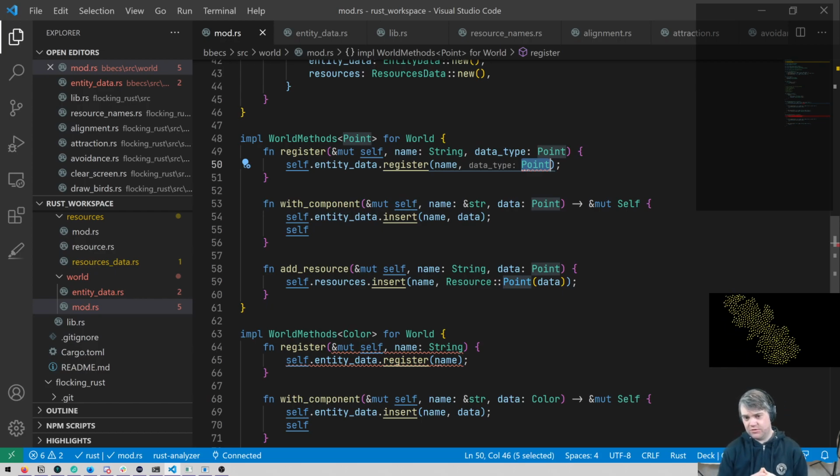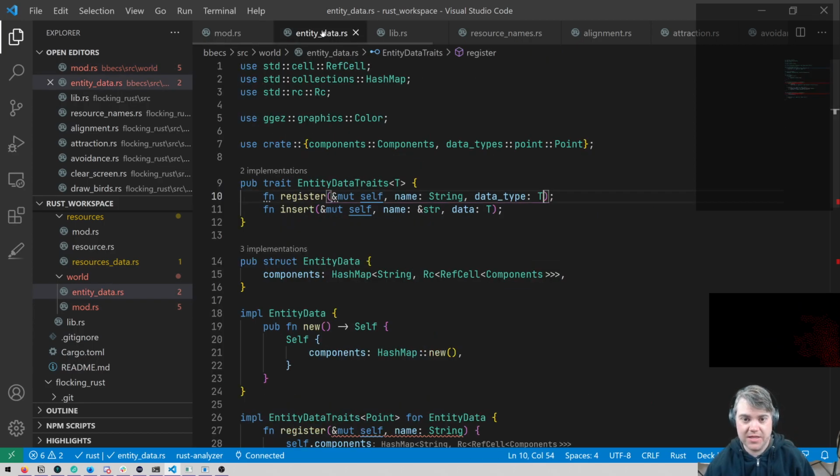Now I could do register and have a separate component types, like data type. I wonder if that would work out a little bit better. But I also wonder if we're going to run into the same exact problem where it doesn't know what to register